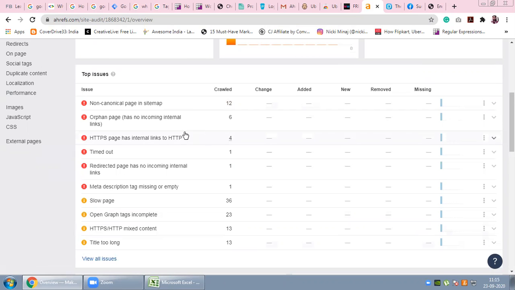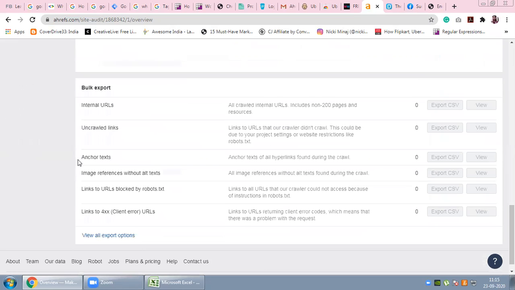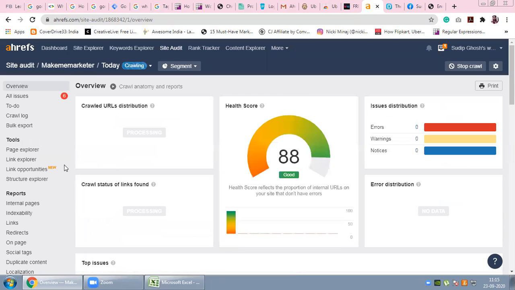There is one orphan page which I know, but they are not showing that page. HTTPS page has internal links to HTTP. I don't have HTTPS at all for my hosting, or I have never implemented HTTPS for my website. But still, we can get a lot of required or relevant information for the website.